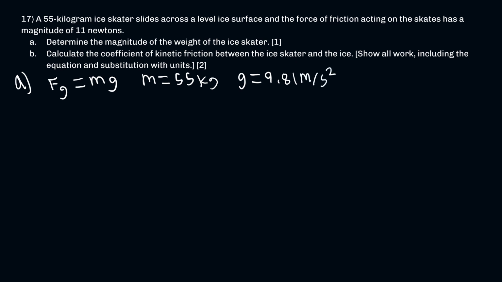So I'm going to plug this into the equation. Fg equals mg, so 55 kilograms times 9.81 meters per second squared. We plug this into the calculator, 55 times 9.81, and end up with an answer of